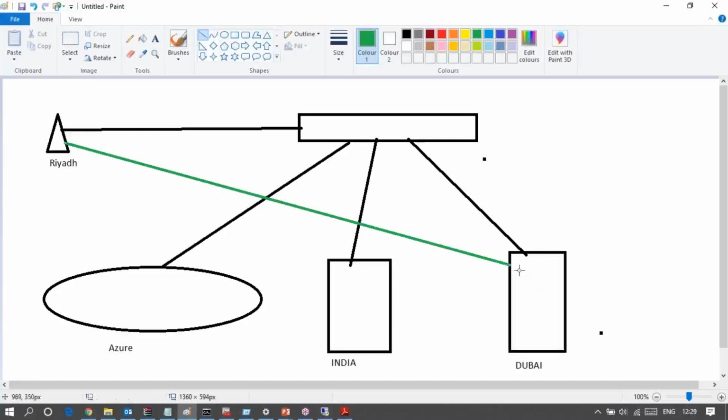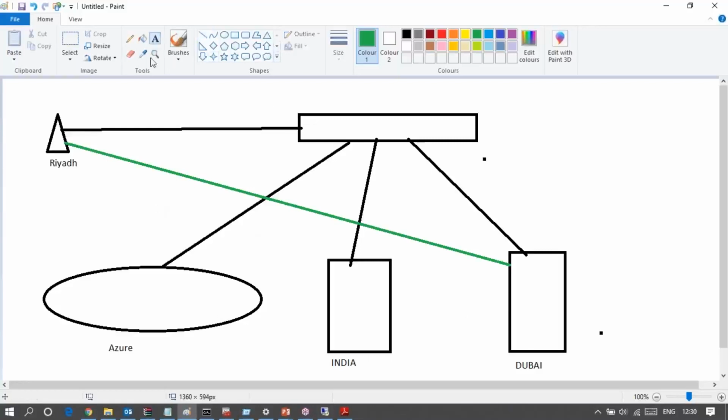But how is this redirection process happening? First of all, the traffic manager you are creating should have a name. Public IP is there, obviously. But along with the public IP, there is a name, and that name should be a public DNS resolvable name, like tcs.com. Behind tcs.com there is a public IP, which is the actual IP address of the traffic manager. And all your sites, like India, Dubai, all your data centers and the Azure sites, also have their own public IP addresses that can be resolved from the public DNS.